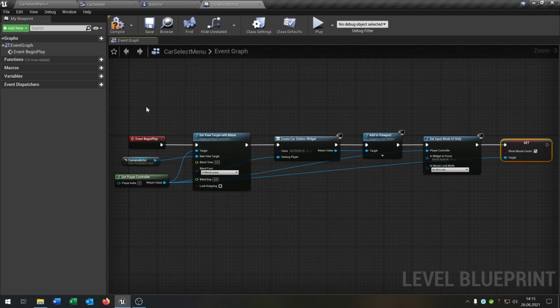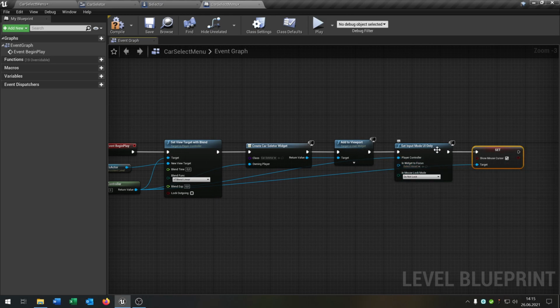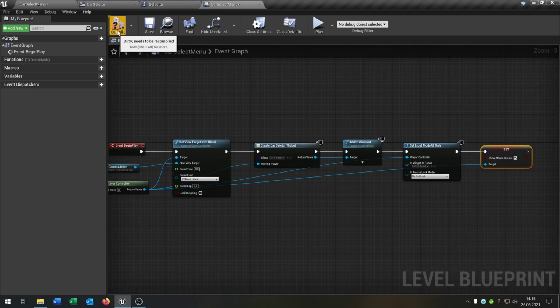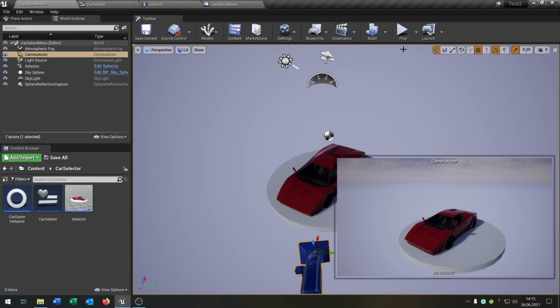Great. So on begin play, the camera actor will be controlled. Set up the widget that we created, put it to the viewport, and then fix the control mode to UI only, so that we just control the widget. Great. So when we now hit play,